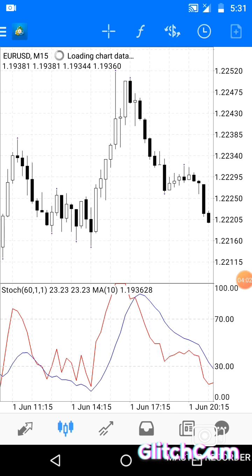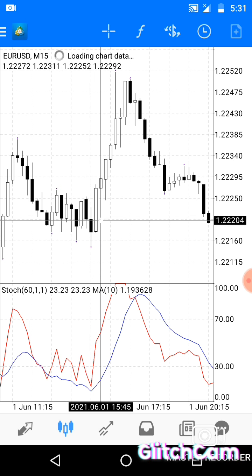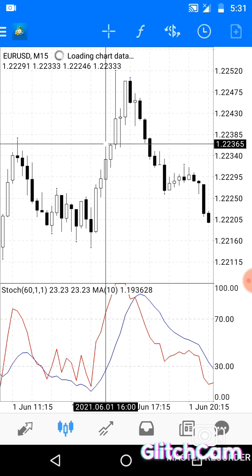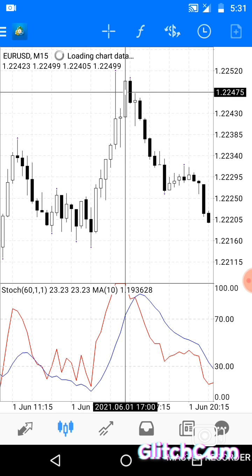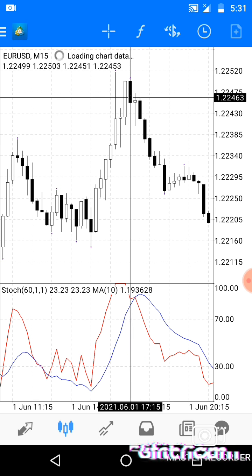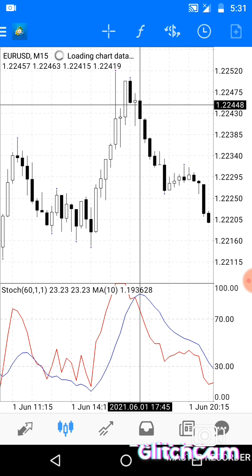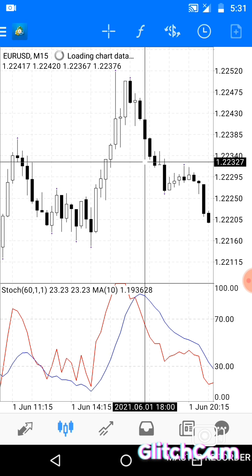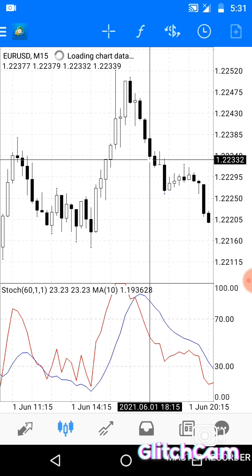You can see the same type of candle: up candle, up candle, up candle, up candle, up candle, up candle. Then you see a down candle like this, then you enter the market. Then you take your profit from here to here. You are out. That time it will be like 20 or 15 pips. You are out of the market.